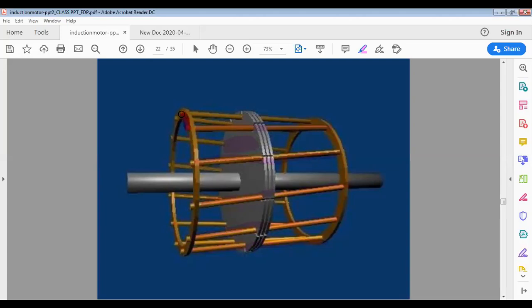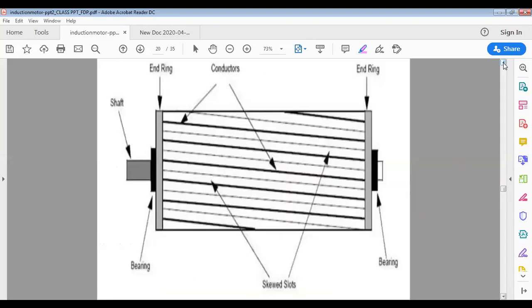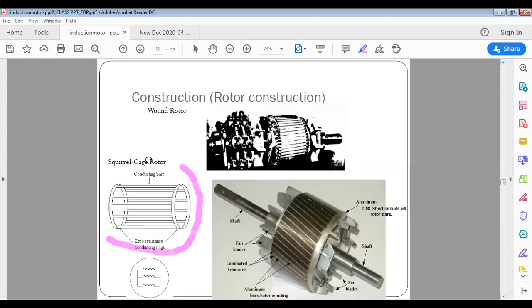Now they are shorted. What is this circular end ring? Can everyone see the circular portion? The bars are shorted from both ends, from right also and from left also, with the help of circular end rings. These are also made up of copper. Clear to everyone? If you remove the magnetic material, whatever you can see looks like a cage of a squirrel. That's why it is called a squirrel cage rotor. The circular copper end rings are made of the same material as the bars.